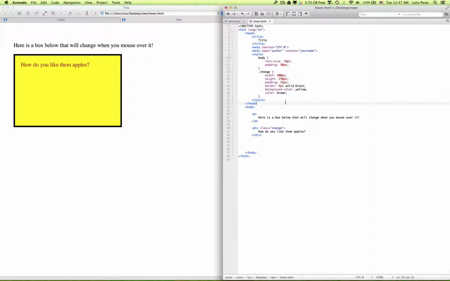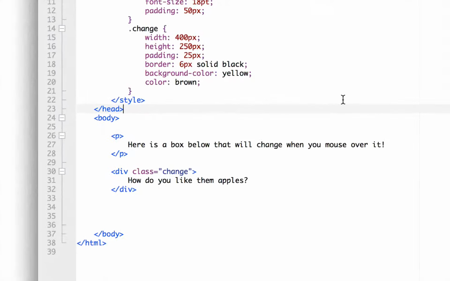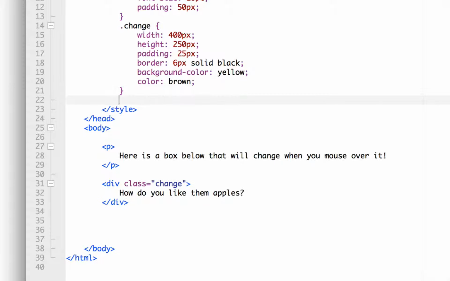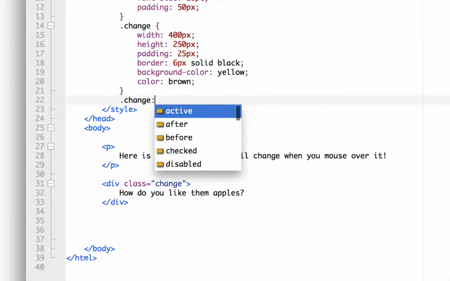So how do we get this to change when we do a mouse over? Well, once again, we use a pseudo class. So this can be applied to really anything you want. It can be applied to a tag like h1, to a class, to an ID, or to a tag that you create. So I'm going to say the same thing as before, dot change,